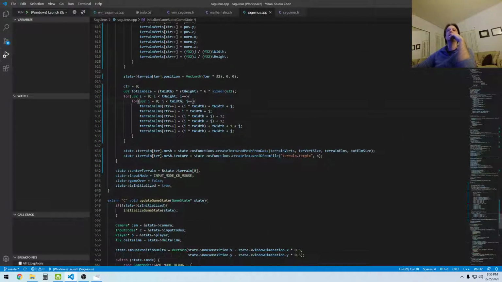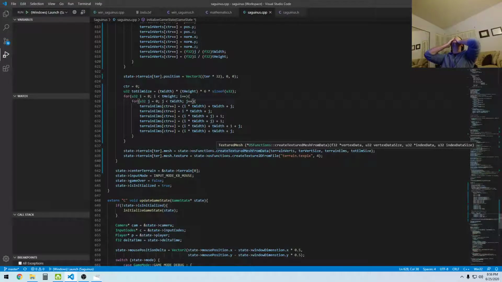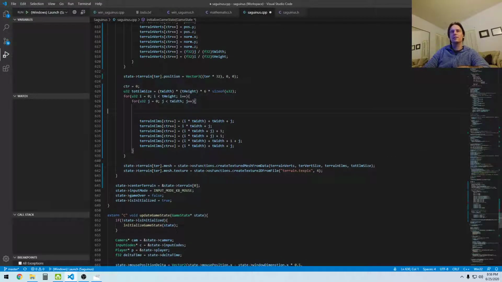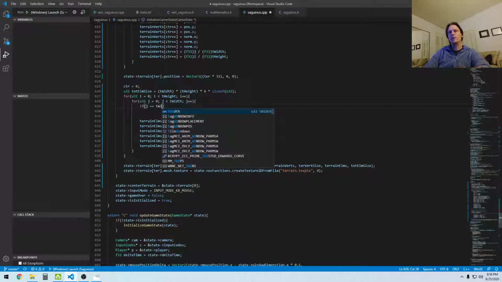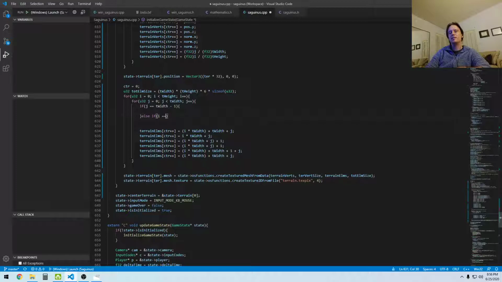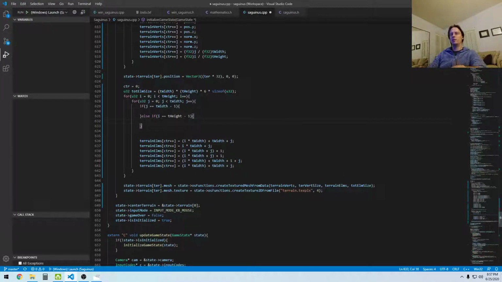So I need to figure out how when I'm on the end. Okay, so I gotta do a special condition here, I think. So if I is equal to, I'll just start with j. J is equal to t width minus 1. So if it's at the very end. Else if I is equal to t height minus 1. So we're in the bottom row, and then else